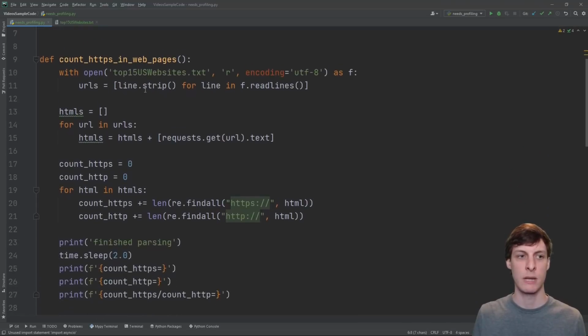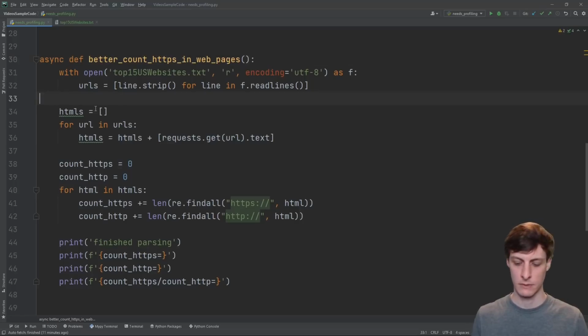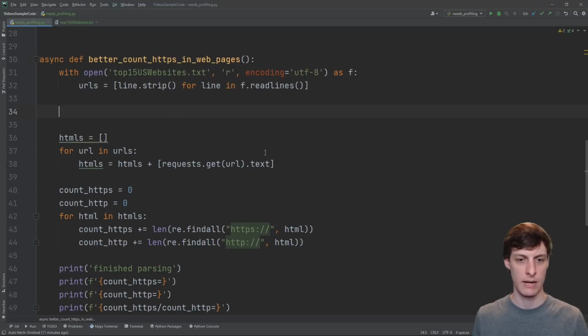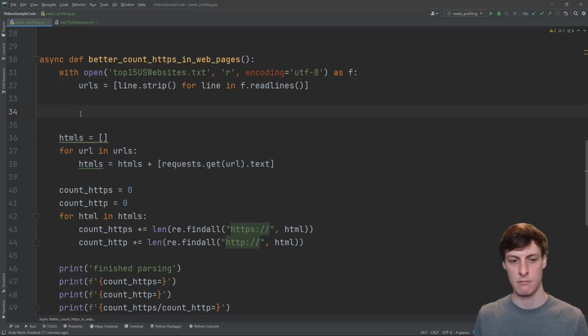So let's see how we can modify our function to use the HTTPX library. The first thing I need to do is mark this as an async function. Then let's rewrite this block. I'm only going to rewrite this; I don't think I need to rewrite any of the other stuff because they weren't what was really slowing the code down.